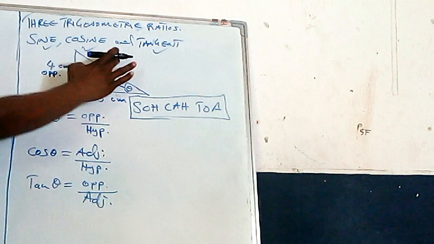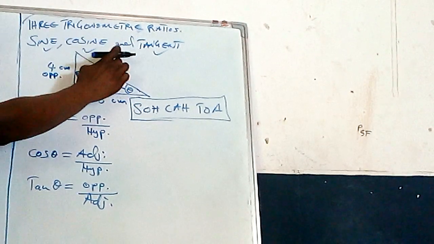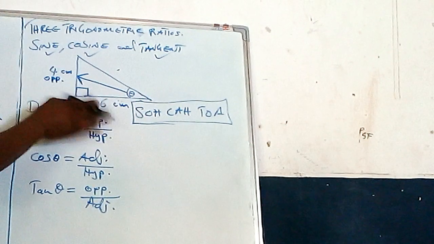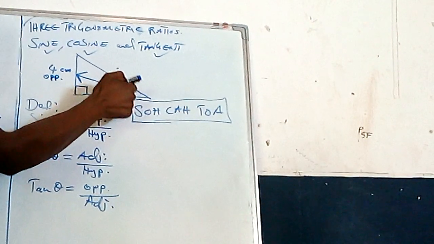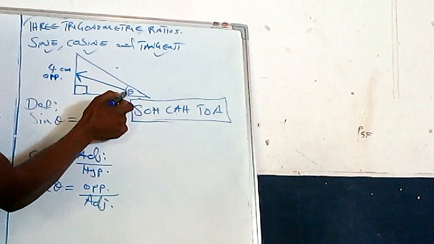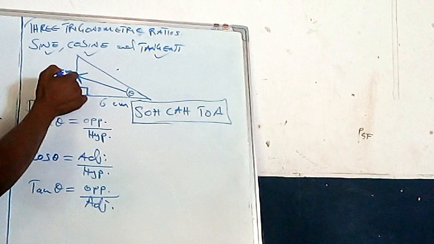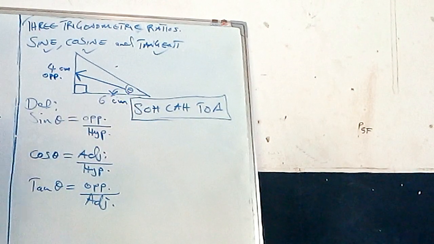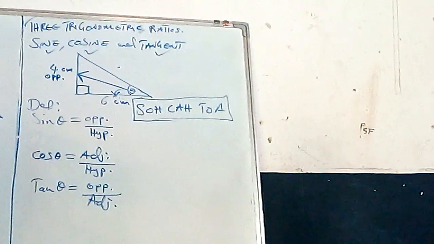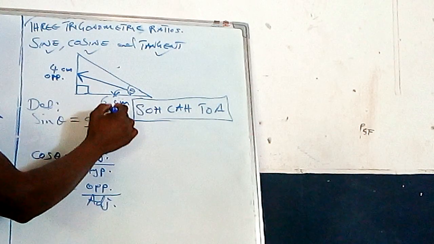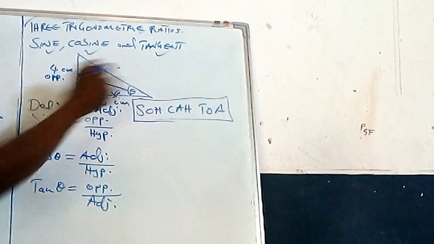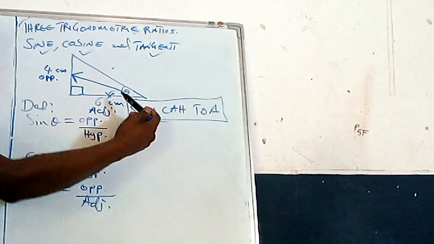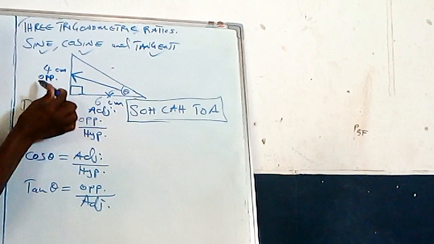Take note. The hypotenuse is static. It does not change. Okay? It doesn't change. The ones that change are these two sides here. They change based on the location or the angle under review. In this case, we are reviewing this particular angle here. So meaning this side here is actually the opposite side of this angle. What of this side here? Excellent. This side, no doubt, will be the adjacent side of this angle here. Excellent. Beautiful. So we see here that for us to compute this angle here, we should have the